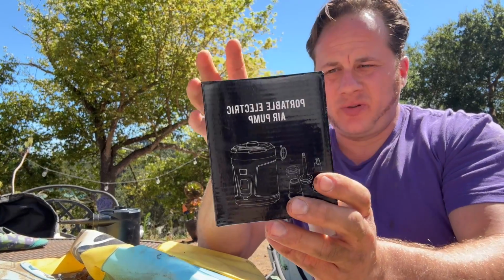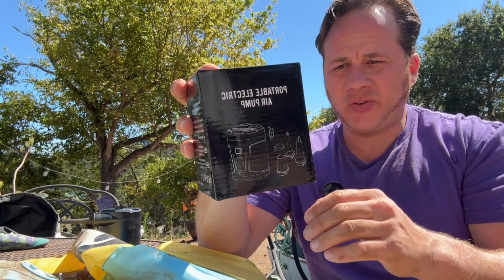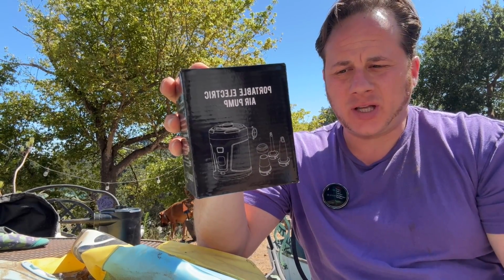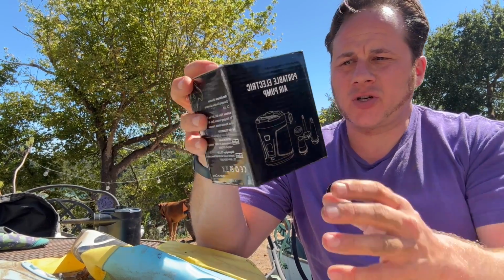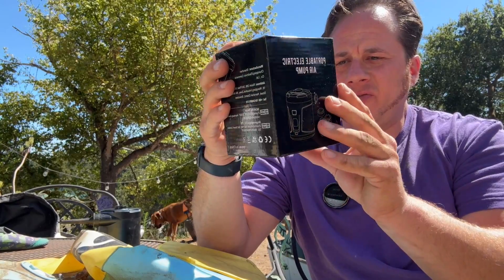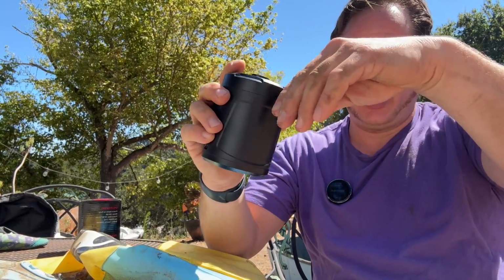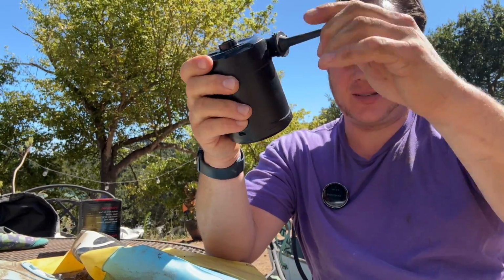Today I am reviewing this portable electric air pump. Super lightweight, battery powered, so there's no cord or anything like that. Comes with 4 different nozzles, 1 pump, 1 USB charger, and it has a 5200 milliamp battery, so it should last a long time. You can see it here, and I really like how these come on and off. They go like this, and I'm going to try to inflate this